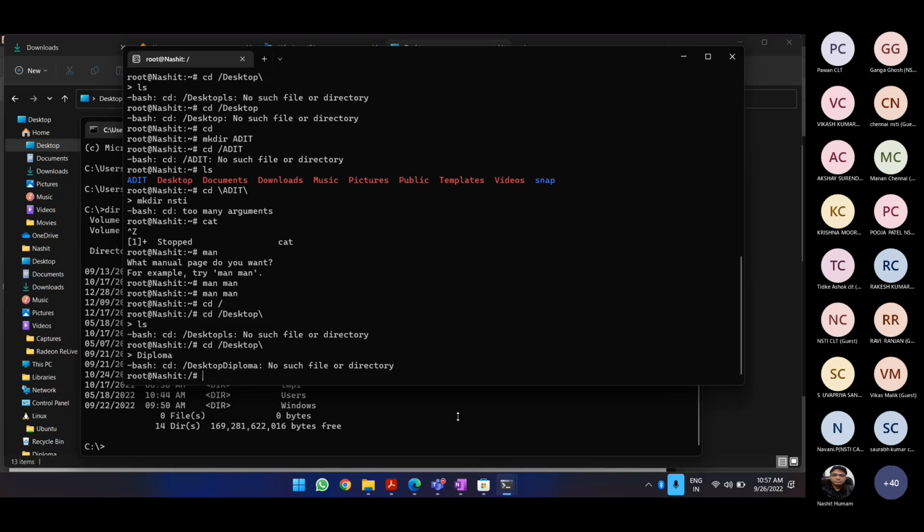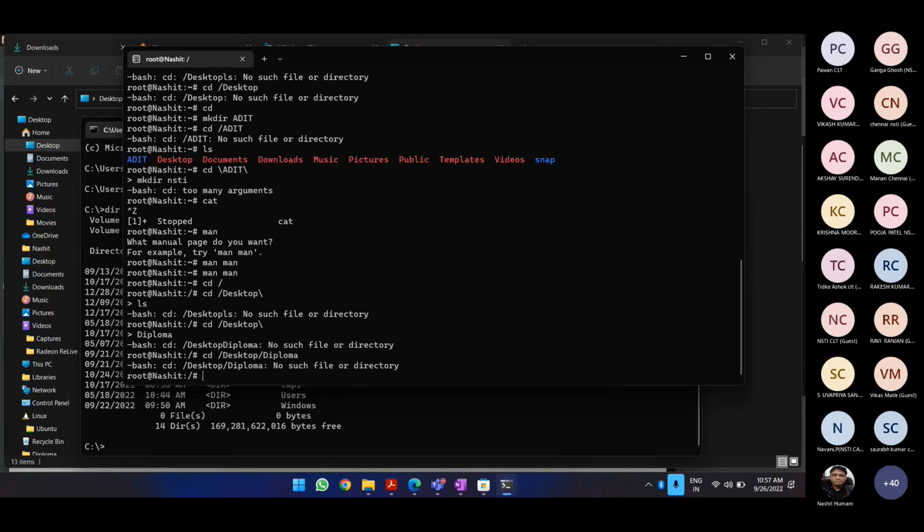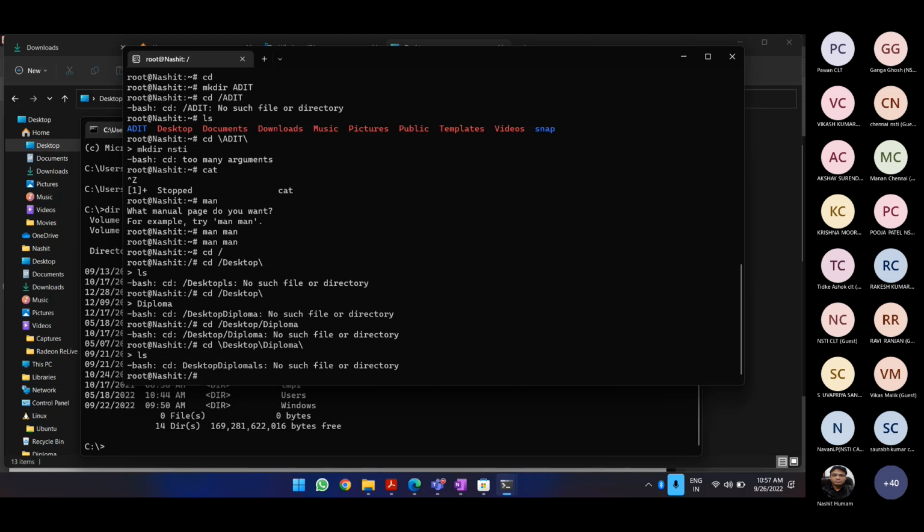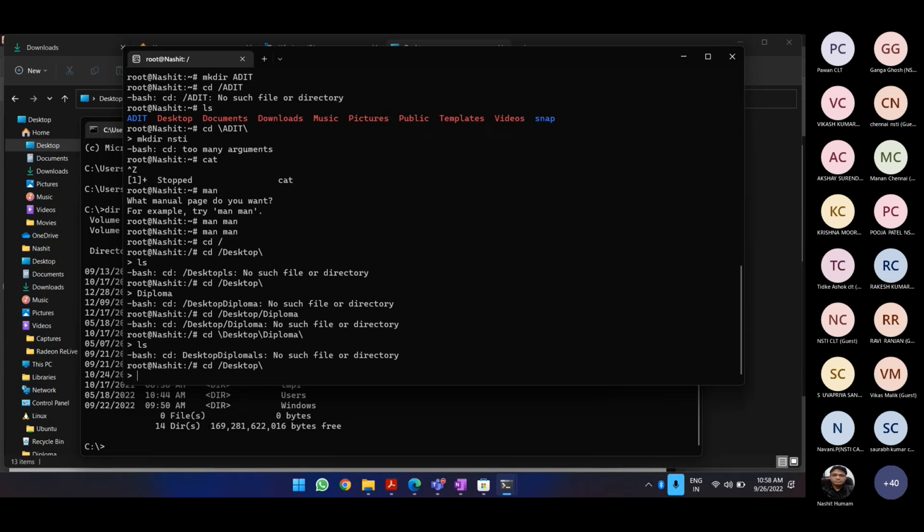it is unable to find any file or folder here.